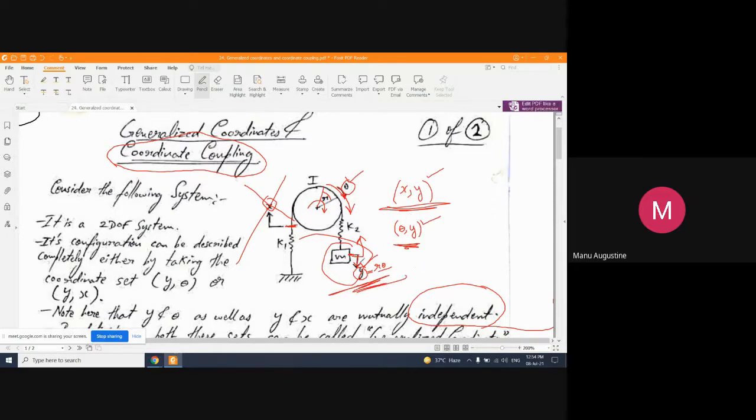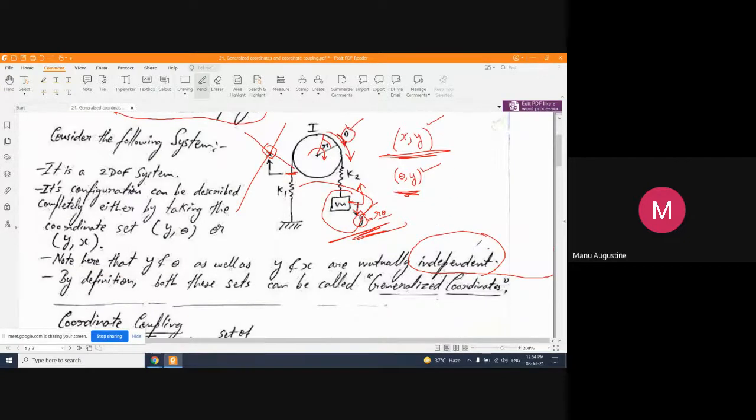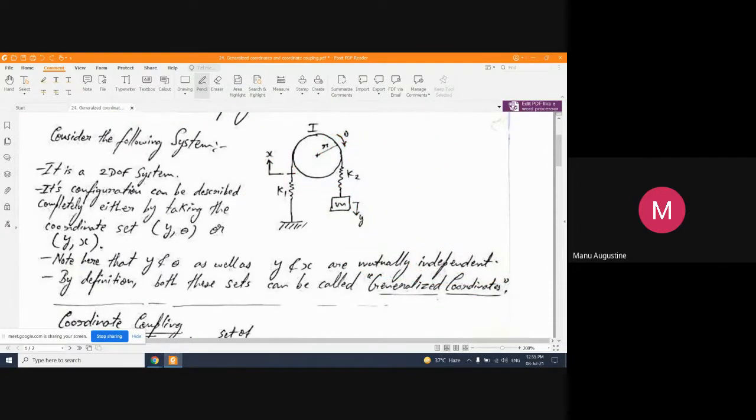So we saw one instance of mutual dependence of coordinates, but infinite other instances of mutual independence of the coordinates also exist. So if this is the case, that means when your y and theta variables are not always mutually dependent, then you can call them mutually independent. This is the concept. Okay, so generalized coordinates,